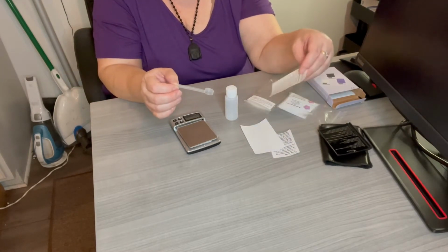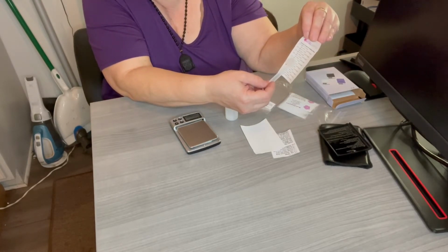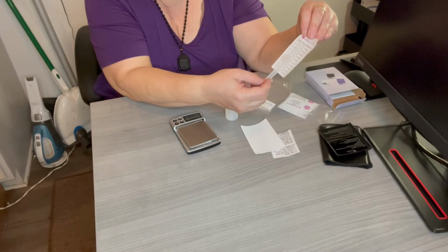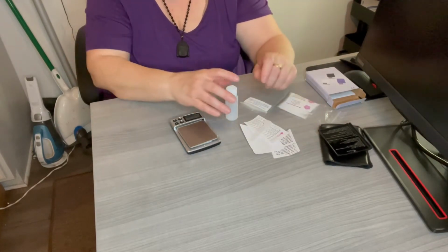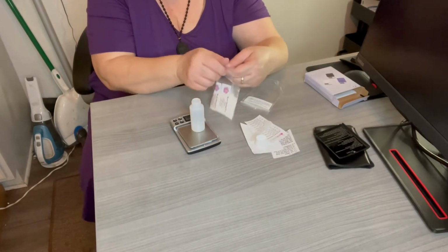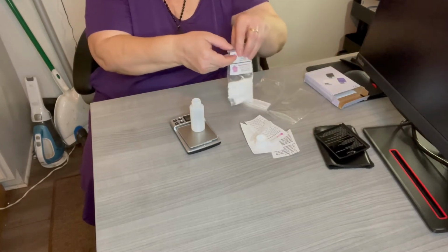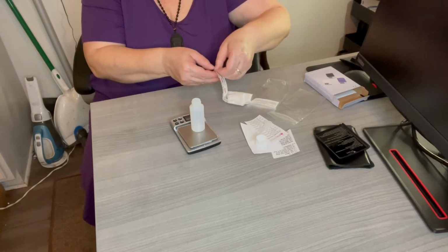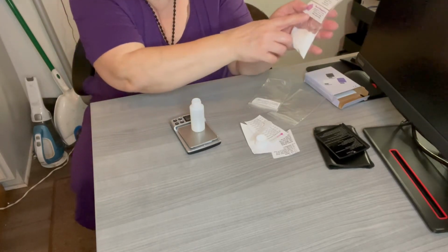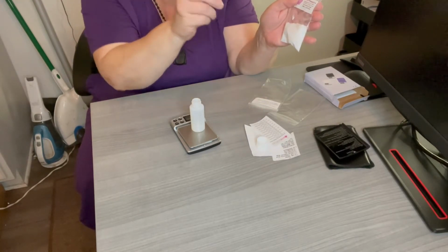So I'm going to say I want to make my cream 5%. I'm going to look here. It says 5%, then add 1.5 grams per ounce. So for every ounce of base, I'm going to add 1.5 grams. I'm just going to take it off. This is double bagged for freshness to keep the moisture and humidity out so it doesn't clump. It doesn't degrade the strength. And it says on here, quick start, add a 1/4 teaspoon DMAE included, that would be this,